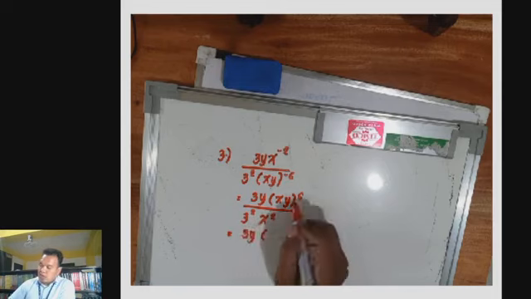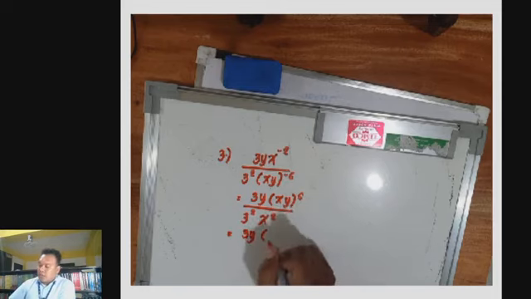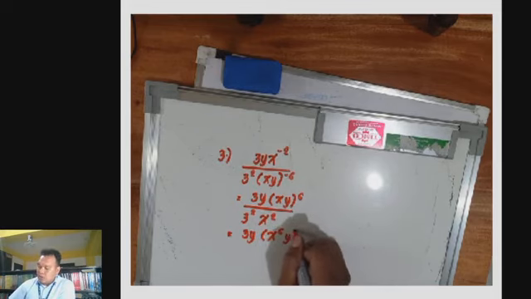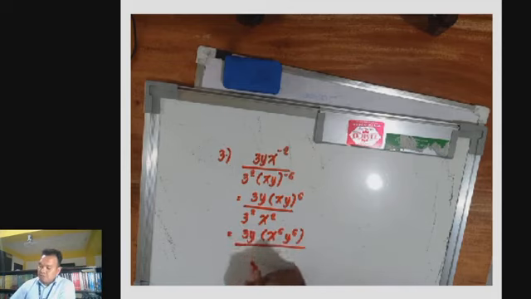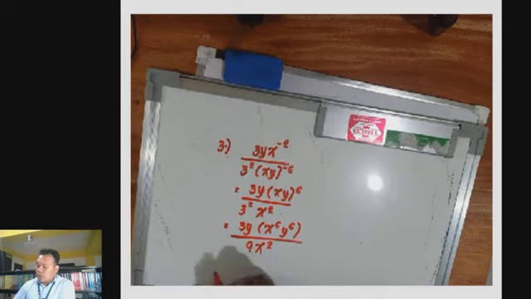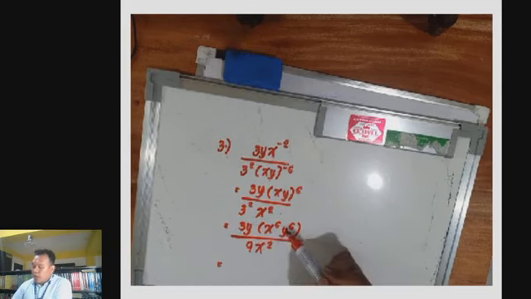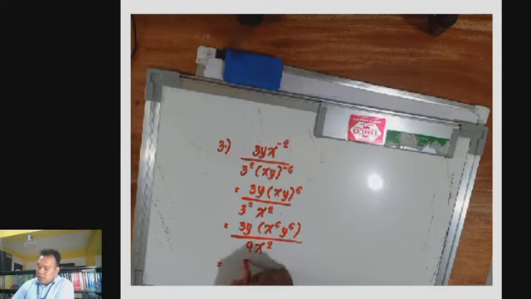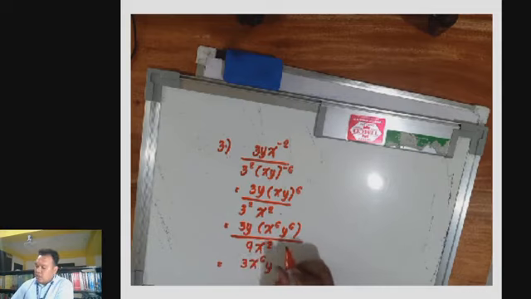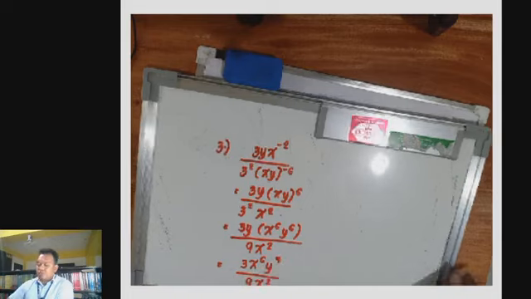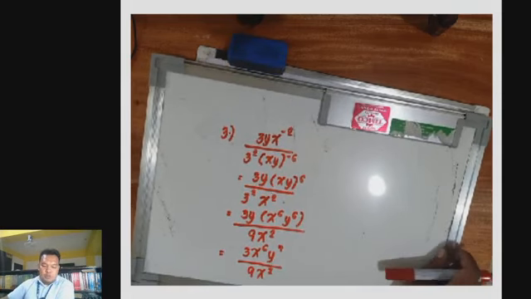3y times, ito, may properties ulit tayo, lalabas siya na x raised to 1 times 6, so lalabas 6 yan, y raised to 6 all over 9x squared. Then, we can say na y times y raised to 6, so pwede natin sabihin 3x 6 y raised to 7 all over 9x 2. Okay? So, dito,